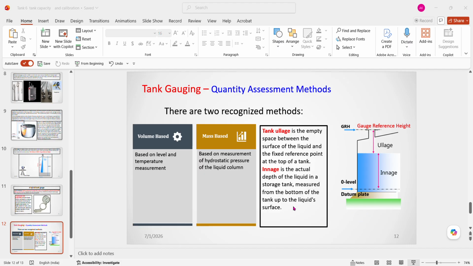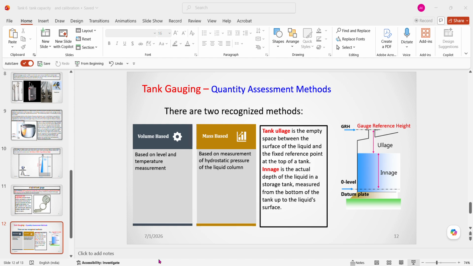This much gallon volume is available in 12 feet. So if you divide it by 12, you will come to know how much volume is there per foot. So 12 feet divided by 12 feet, that is 1050.994 gallons per foot. And if you want to measure how much is the capacity per inch, then you